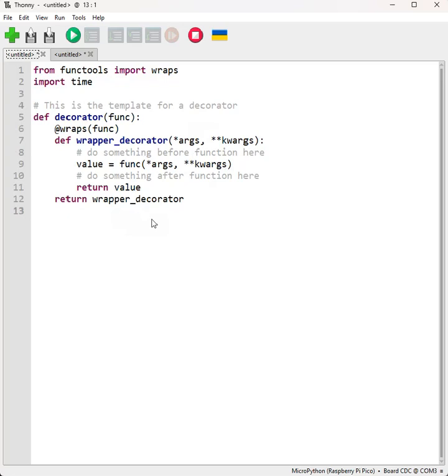decorator. And I've saved mine to the lib file of the Pico, and I've called it my decorators.py, and I've also saved it in my working directory when I'm using Python 3.10, or you can move it to wherever it would find it in the path, and all you have to do is save it like that, and when you create another decorator you can just add it afterwards, and